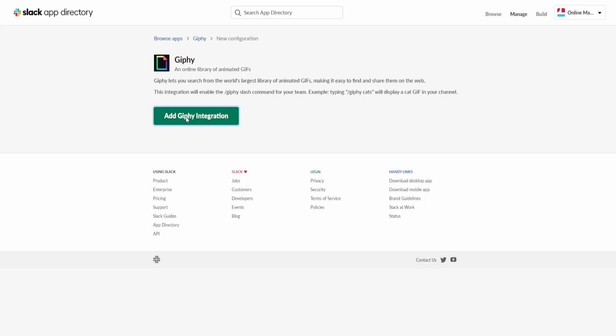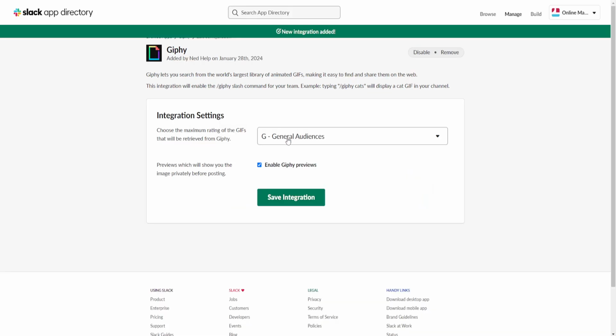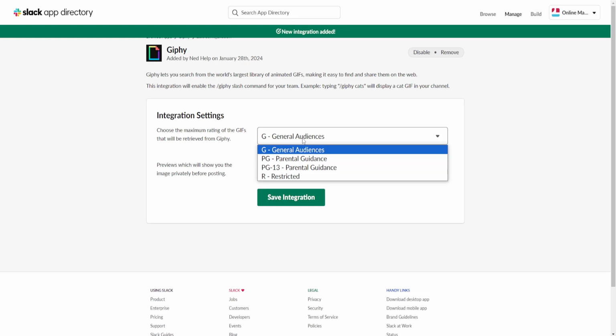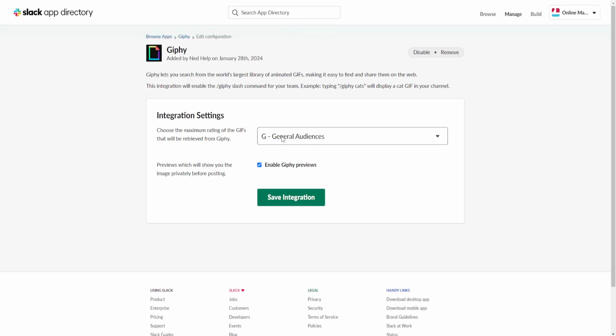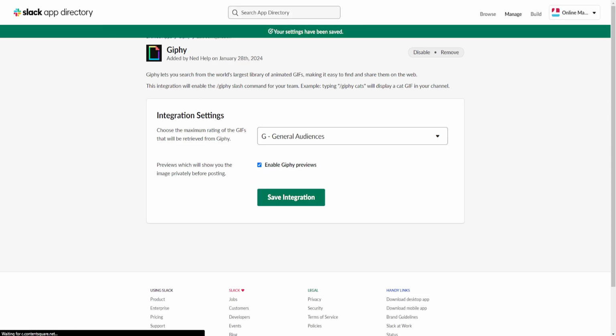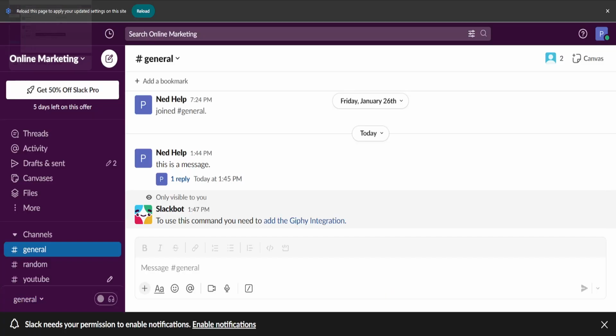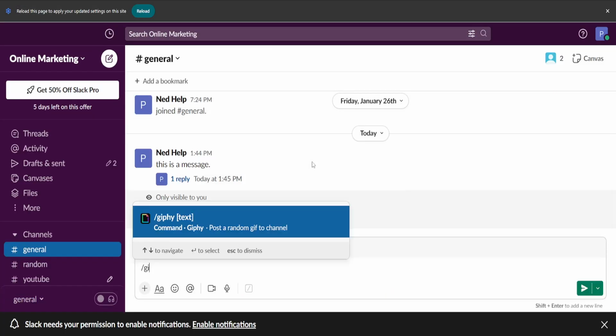So we will click on add here, and then we can choose where we want to add it or what type we want to add, so general audiences. And we can enable Giphy previews as well, and we will select save integration. And now if we go back to our Slack and type out /Giphy, then we can type out a specific text here, so